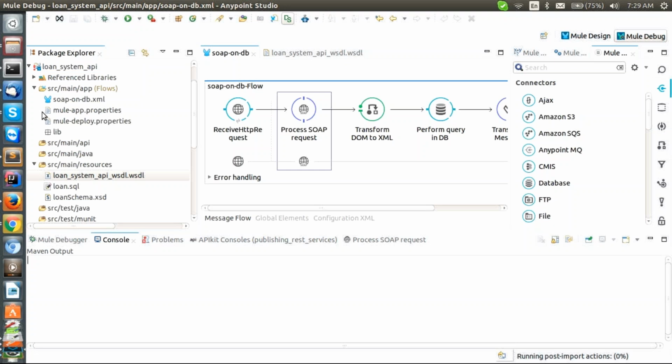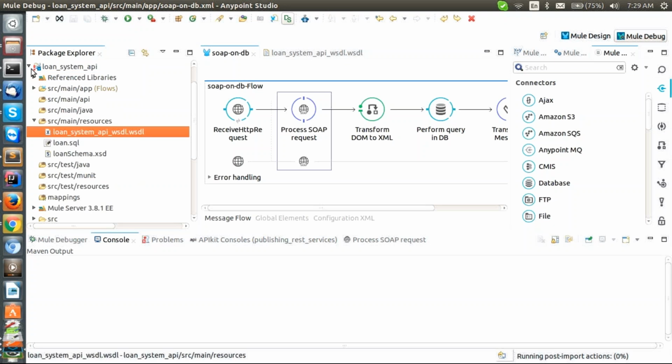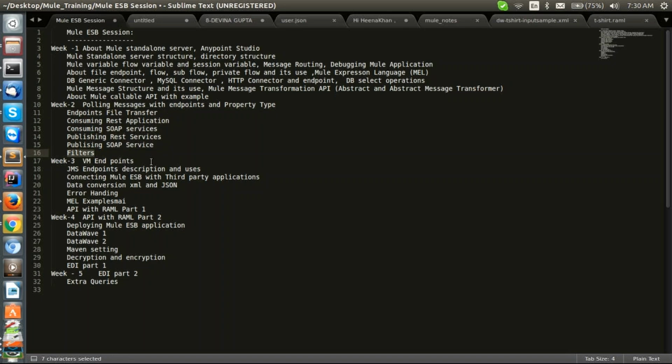What's the use of filter? Filters, there are different ways you can use the filter. The best example is, suppose I'm expecting some results from a third party, but we're not getting that result. Suppose I'm trying to insert an object into Salesforce, one of the sandboxes, I'm trying to insert the opportunity. If it is inserted successfully, we'll get some unique